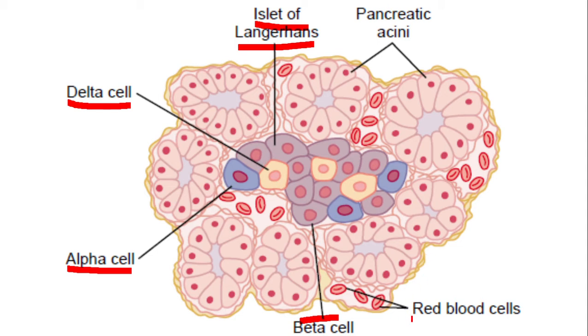Why are red blood cells given here? You see, these are the RBCs, these are the RBCs, here is the RBC. So this pancreas is abundantly supplied with blood vessels. You know why? Because these are all endocrine glands and their product should be released into circulation and carried away to the different parts of the body instantaneously. That's why the pancreas is abundantly supplied with blood vessels.